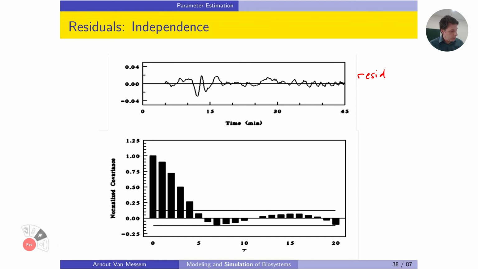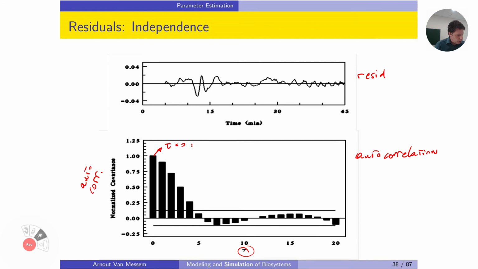The second one gives me the autocorrelations for the different lags. On the x-axis you see tau, so it's for the different lags. And on the y-axis you see the normalized covariance, or basically the correlation, in this case the autocorrelation. What do we see? We see that the lag moves from 0 to 20. The first one, the 0, this bar, is 1, which is basically logical because it compares a point to itself, so there is no lag, so tau is 0.